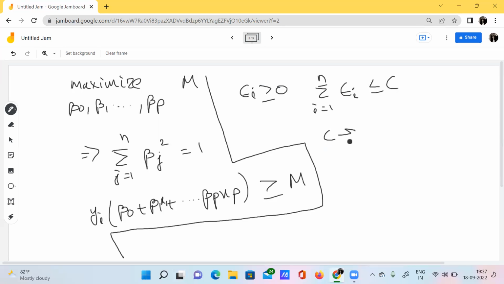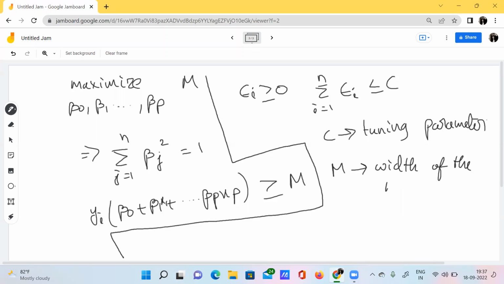C is nothing but the tuning parameter. And what is this M here? M is nothing but the width of the margin, right?